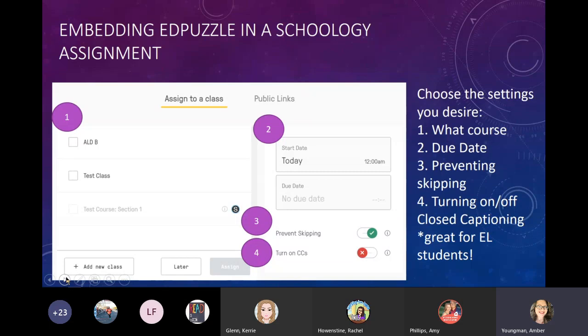I don't know if you're seeing that at the very bottom of that page. You can add a new class from here if you decided that you wanted to create a test course from here. You would give it all of the normal functions that another assignment would have, such as a due date. And then